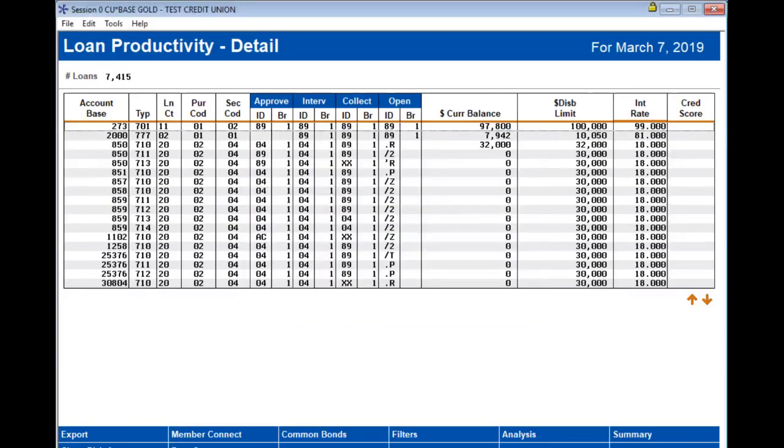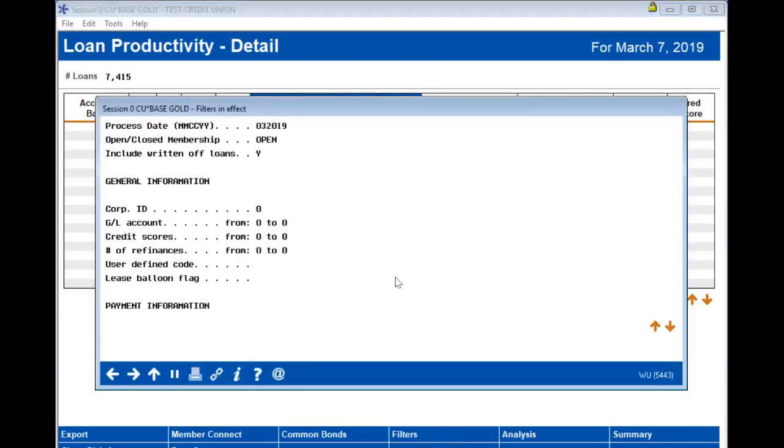Anything else that you wanted to do on the screen? We've talked about this for a second. Talk about what, common bonds? Filters. Oh, filters, yeah. So this filters option, in case you ever get lost when you're on this dashboard, because